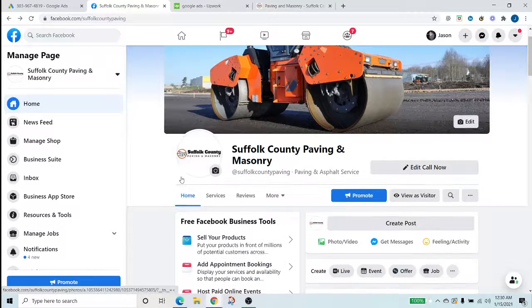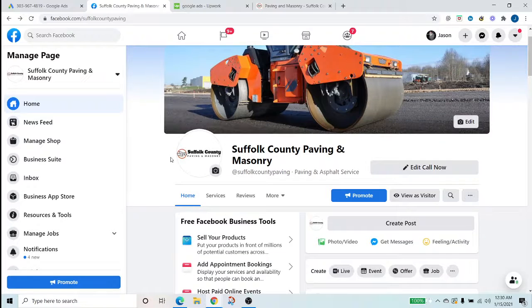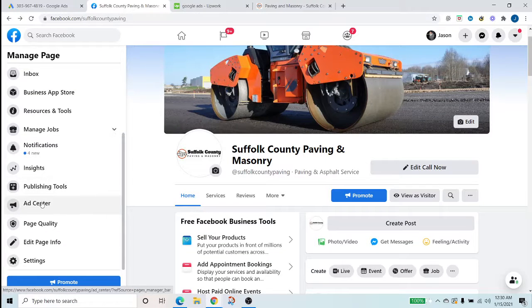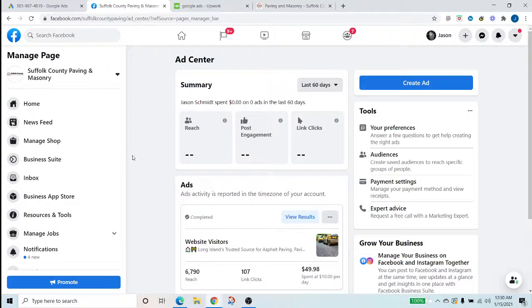So going to Facebook, you have to go off of the business page itself. If they have one already, you want to be an administrator of it, or you create your own. Basically, you can go to the Ad Center and promote, and it's going to take you to